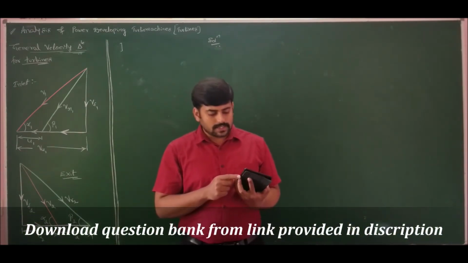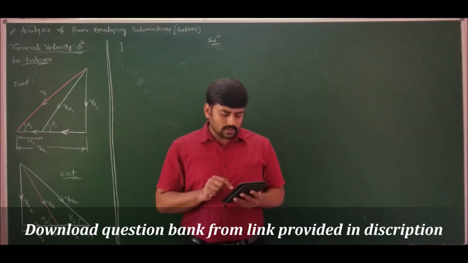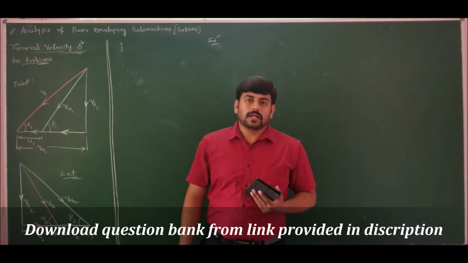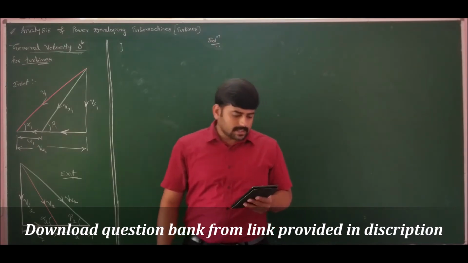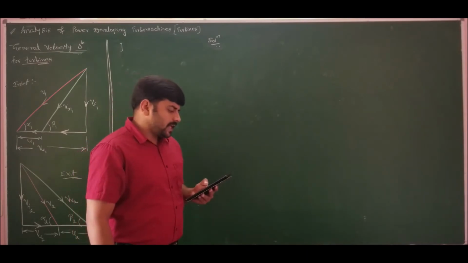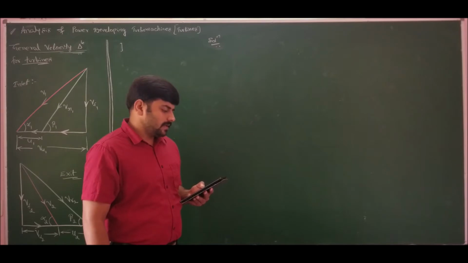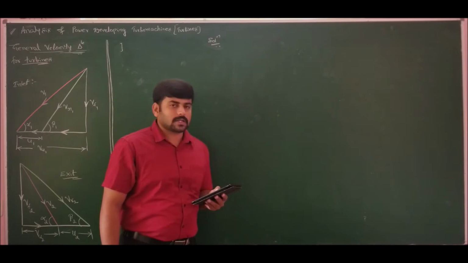Let us continue our discussion. Problem number 6 of our discussion on general analysis of turbines states that the following data refers to a 50% degree of reaction axial flow turbo machine. Inlet fluid velocity is 230 meters per second. Inlet rotor angle is 60 degrees. Inlet guide blade angle is 30 degrees. Find utilization factor, axial thrust and power output per unit mass flow.